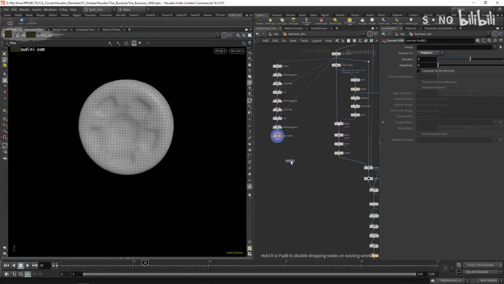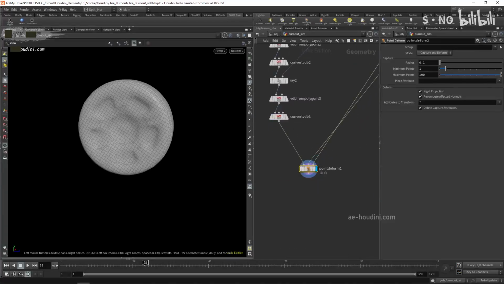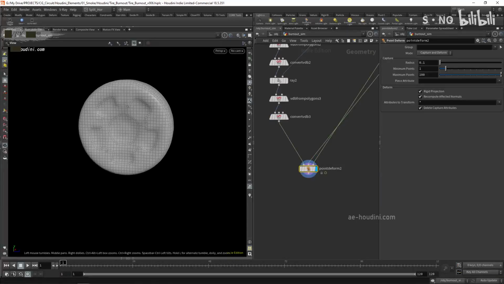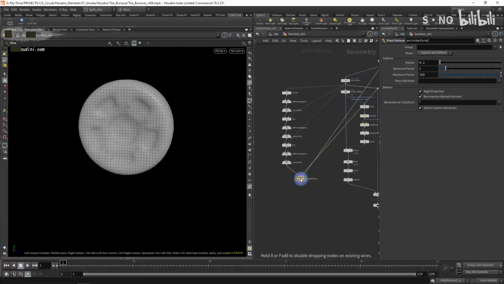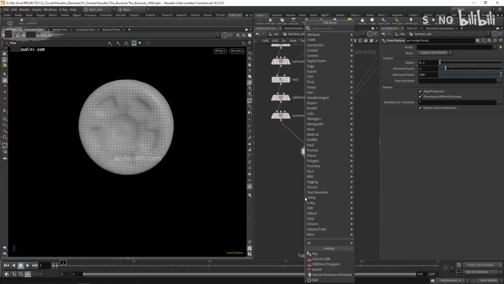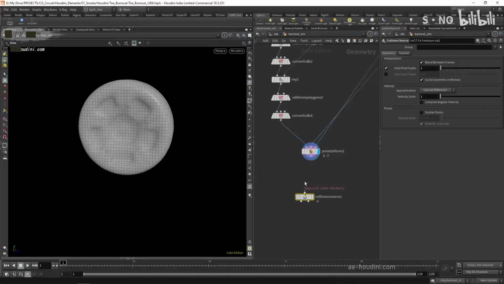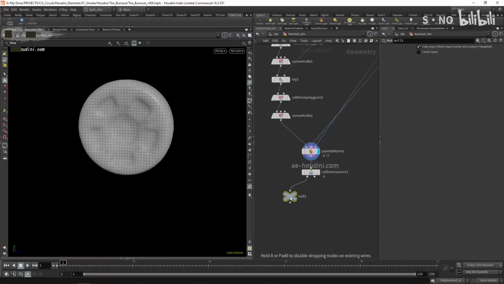Of course, we also need to animate this. So I'm gonna grab this point deform and deform this instead. That way we'll also have this rotating at the same speed. Finally, the quickest way for us to generate a collision out of this is you can type collision source, and this will generate everything you need for you. So I'm just gonna create a null. This is gonna be out collision geo,